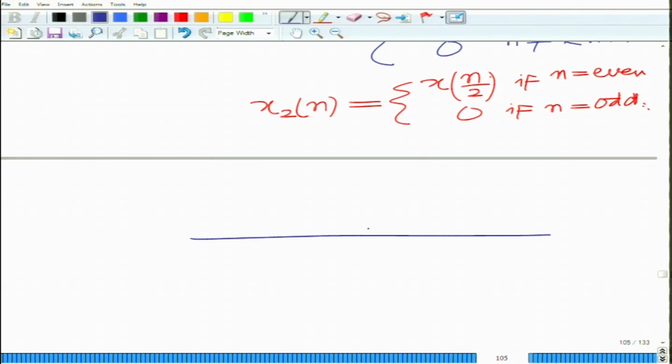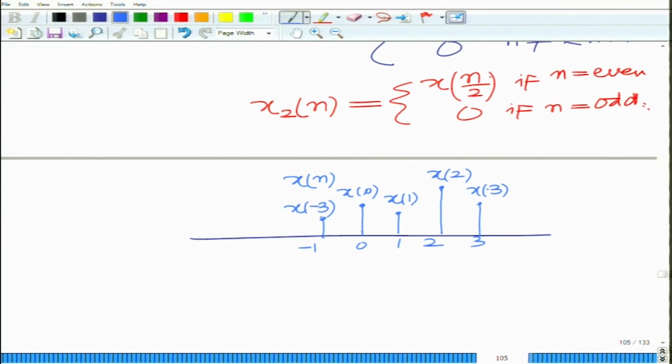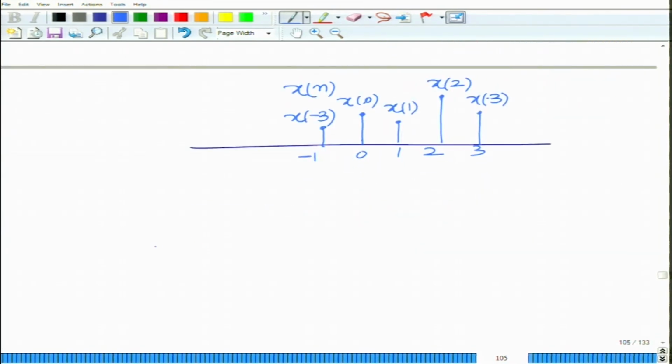Let us take a simple example. Let us say I have, this is x of 0, this is x of 1, this is x of 2, x of 3, this is x of minus 3, and then if I consider the signal x_2 of n, which is basically